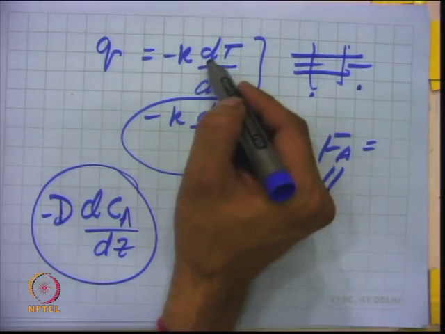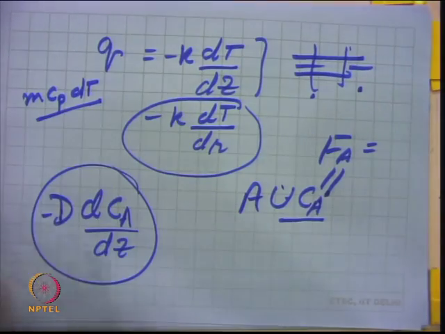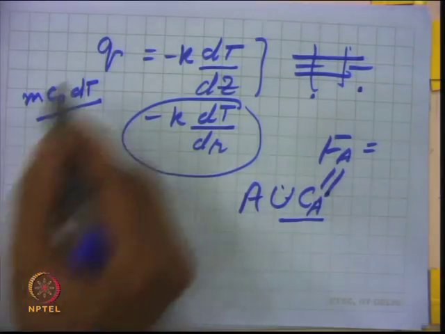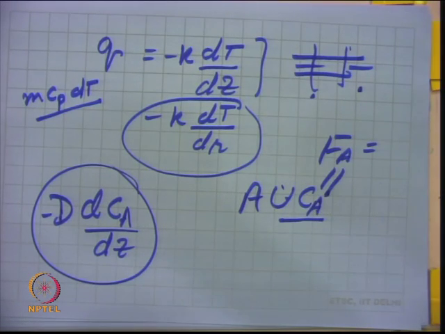Same thing here in the form of heat transfer: you write it in terms of m Cp dT, which is the convective heat that flows down the length. So the m Cp dT by dz term arrives. We are not discussing these things in detail; that is a separate part. But when you look at an actual reactor design with non isothermal conditions, where heat is being removed or added, one needs to consider the material balance and energy balance to find out the temperature profile and the concentration profile down the length of the reactor.